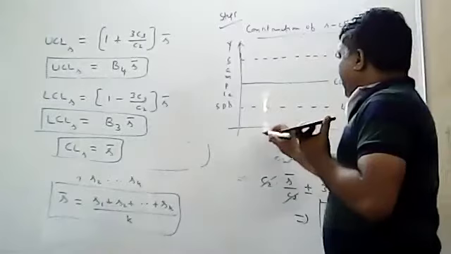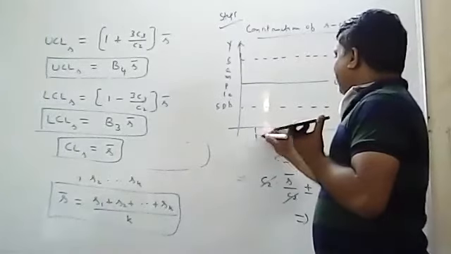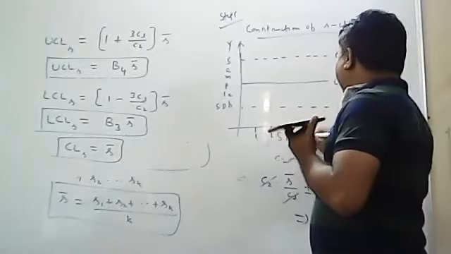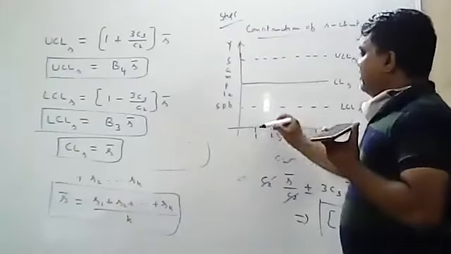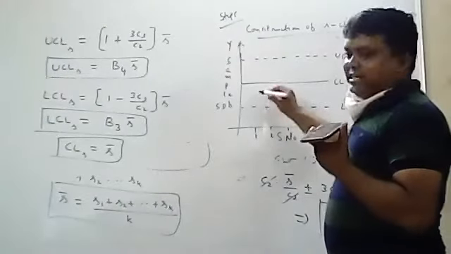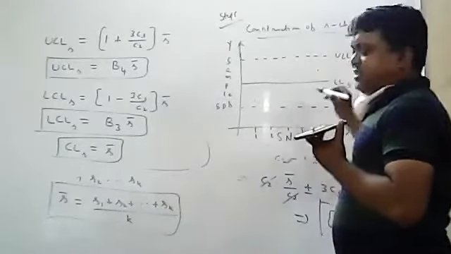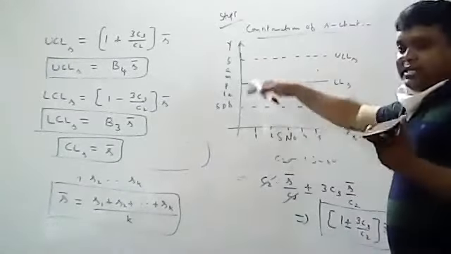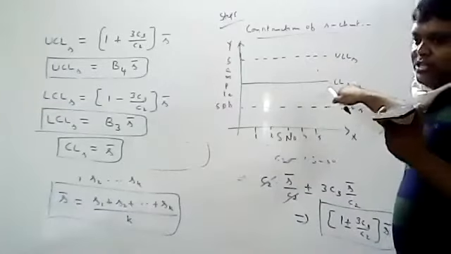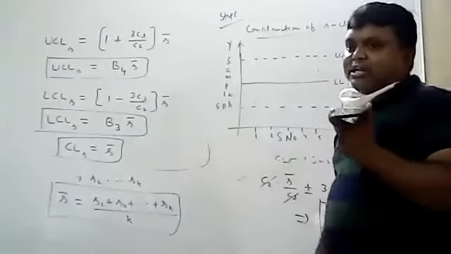Okay. Now you can identify. Suppose for example sample numbers 1, 2, 3, 4, 5 are there. You will identify for the first sample what the S1 value, the standard deviation value, is. You will identify the points like this. That means this is the construction of S chart. S chart is completed. So now you have to write the conclusion or interpretation.